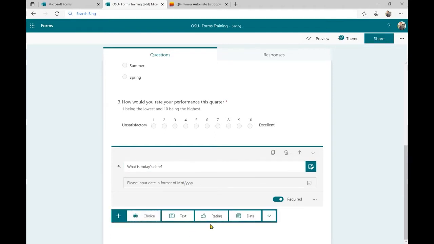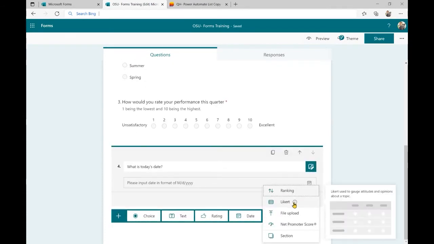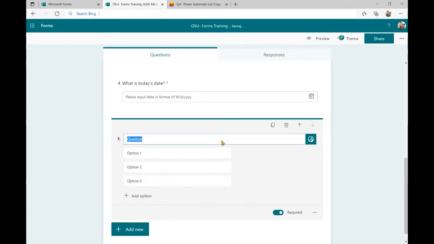So we've got through our main question formats. If we click on this drop down, we have even more. So we can also have a ranking. So you've probably seen questions on, like, an exam where it says rank your most preferred.